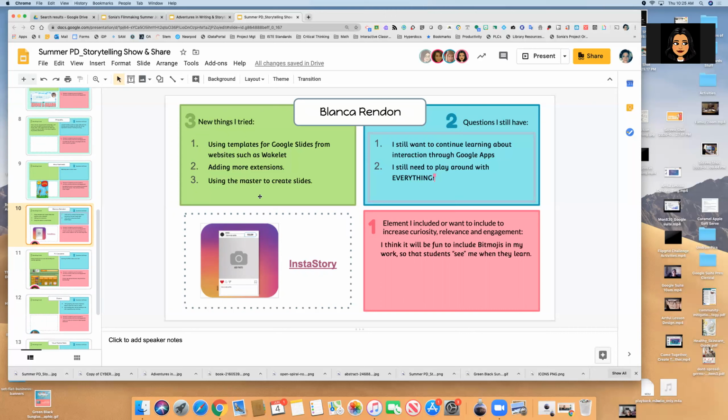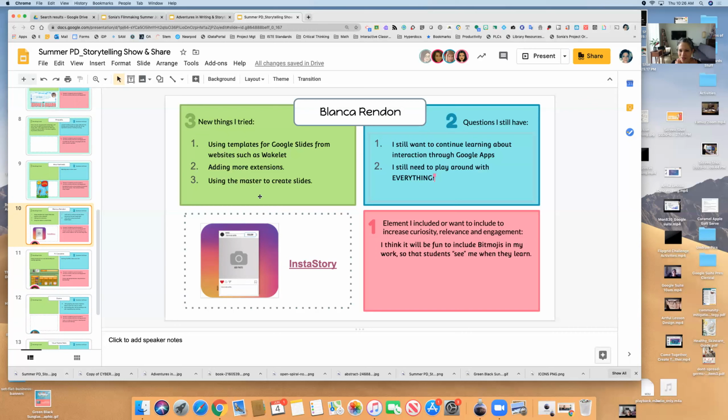Two questions I still have. I still want to continue learning about interaction through Google Slides. I love the idea of students working collaboratively, and that's one of my biggest fears next year. Kids do group work all the time. I have them sitting in groups all the time. With social distancing and everything going on, that's crazy. I want them to be able to do it, so I know I need to learn more about how to do that through the apps.